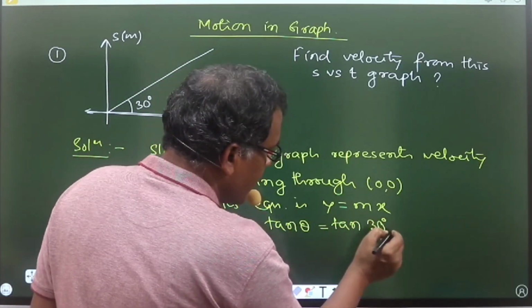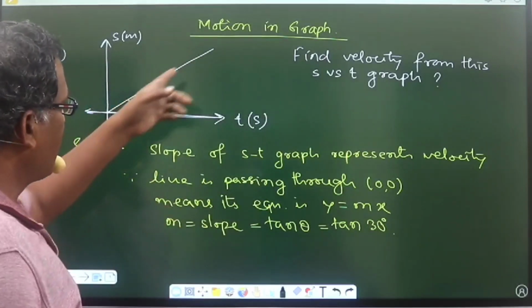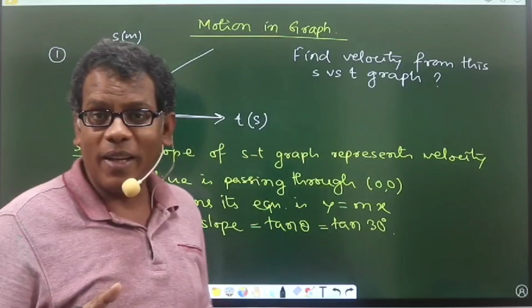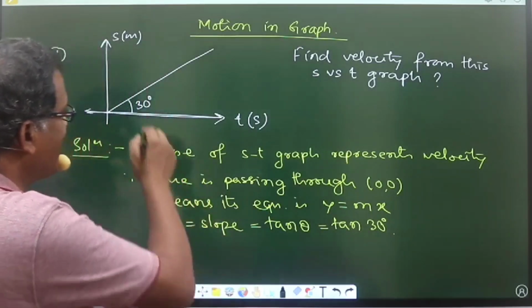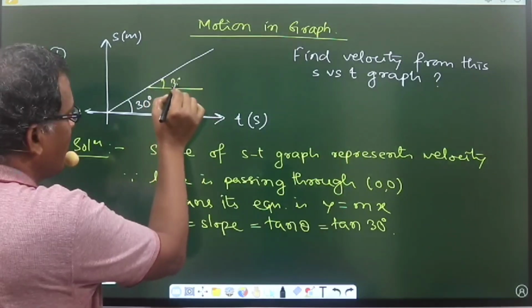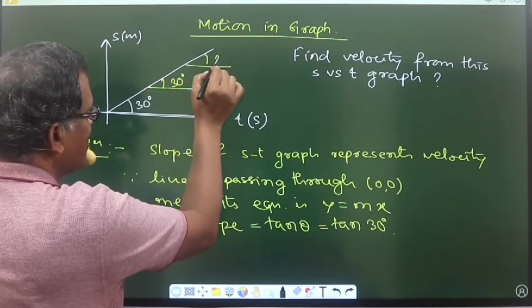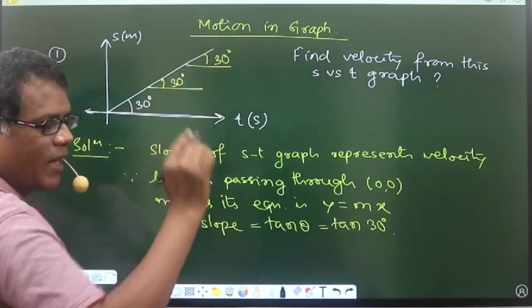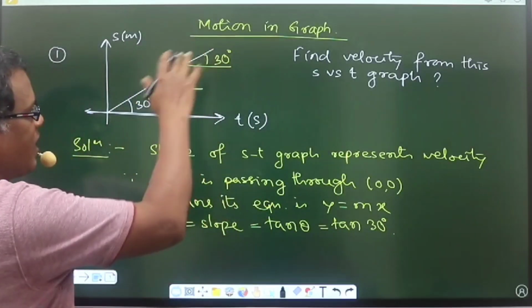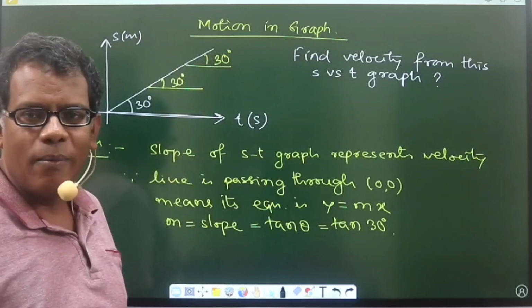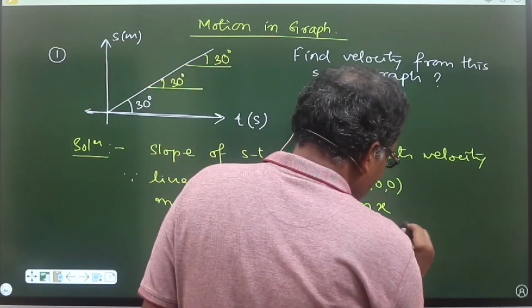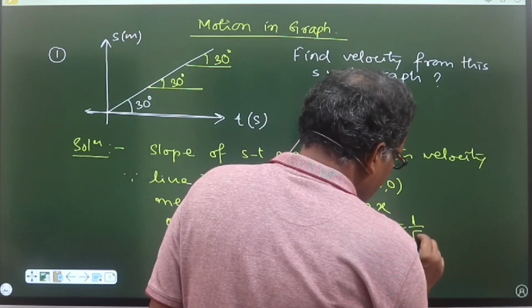So here for this particular line you can see the angle it makes with the time axis, according to the graph, is 30 degrees. And that 30 degree geometrical angle remains the same everywhere. That's why it is a straight line. A straight line will make a constant elevation throughout its existence. So as because it is continuously making the same elevation everywhere, tan 30, whose numerical value is 1 by root 3,